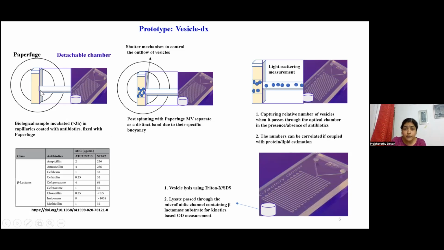And then with a paperfuge, you are giving a certain force so that the vesicles can be separated based on buoyancy, right? It is well known that vesicles have a particular density, so they can be enriched in a fraction. And it's important that we make an arrangement where this can be siphoned off into a horizontal tube or something, where a chamber-like situation can bring in the light scattering tool, and then we are able to catch the Brownian motion of these particles when they flow through the channel, right?